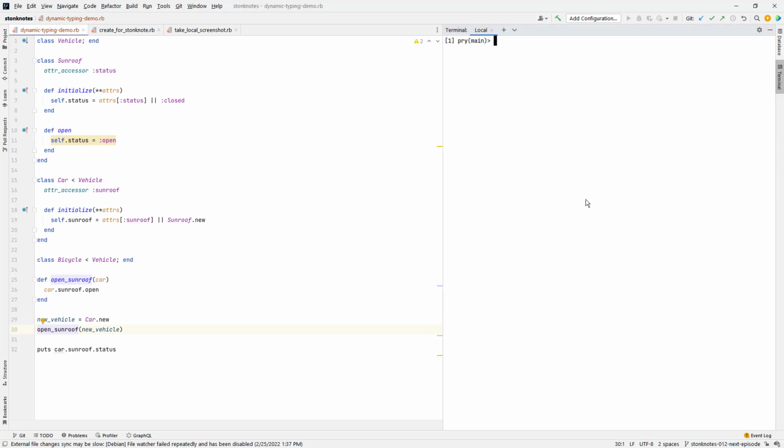So a lot of programming languages out there are strongly typed, like Java or C or TypeScript. You have to declare what type of information you're going to put into a particular variable. But with a dynamically typed language like Ruby or Python, you could assign anything, any data type, to a particular